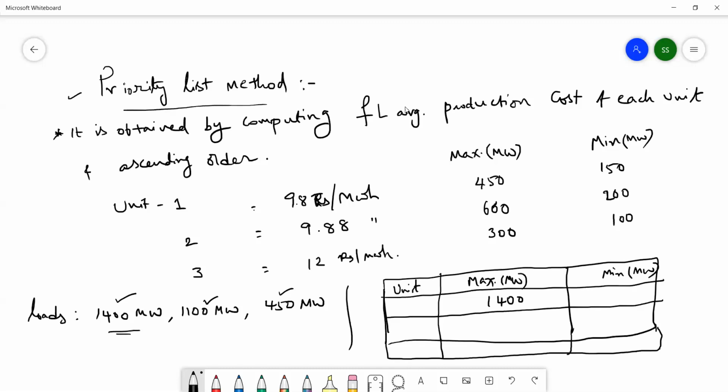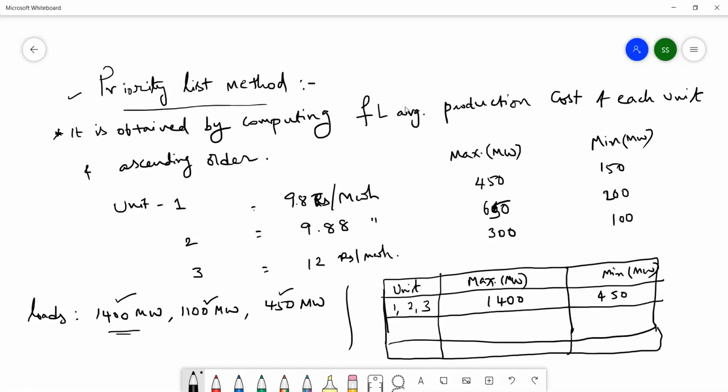Here we need to take around 650, then only we can obtain the total as 1400. 6, 3, 9, 4, 13, 50 plus 50, 1400. And therefore, in order to meet this 1400, the minimum for that is 450. Now, how many units do I need to run? All three or any one or two? Yes sir, all 3 units I need to run. So again, based on that, which one has the lowest cost here? The first one. So 1, 2, 3. So unit 1, unit 2, unit 3 we can operate.